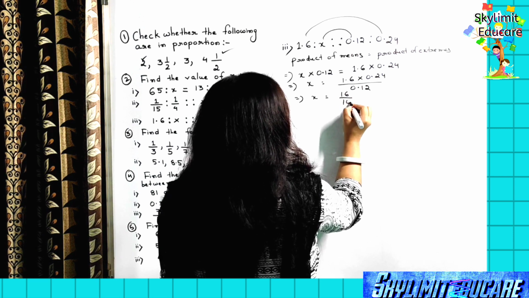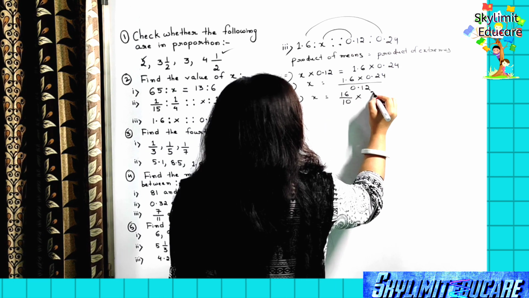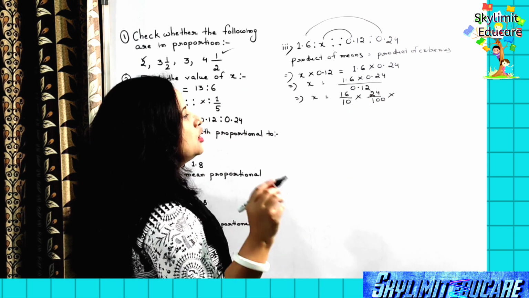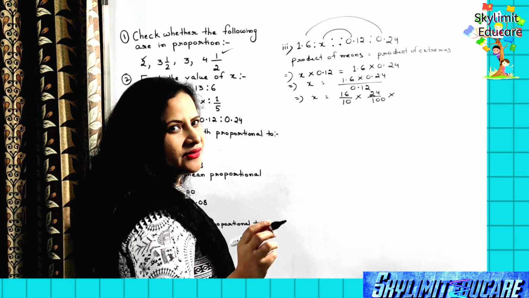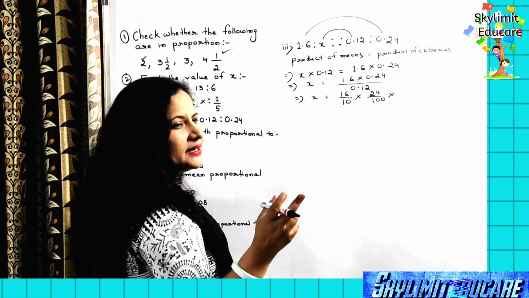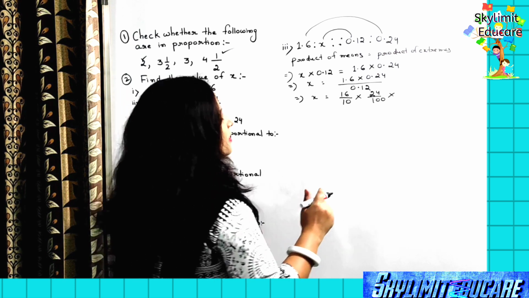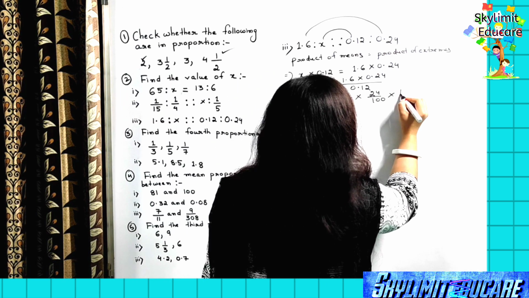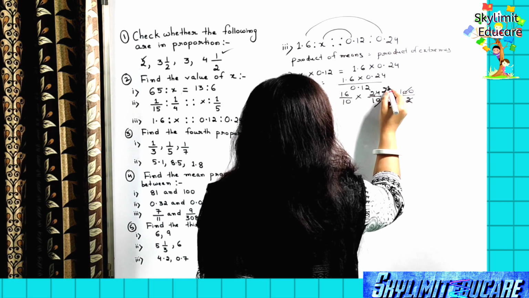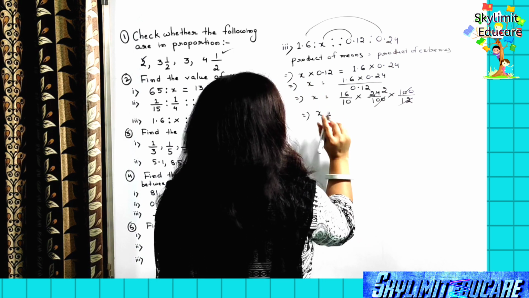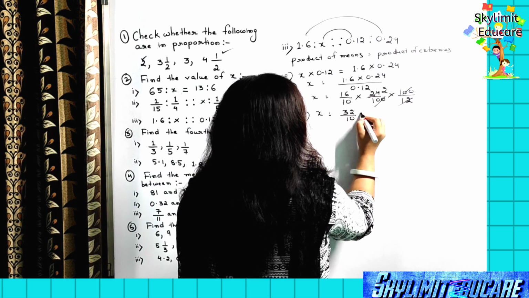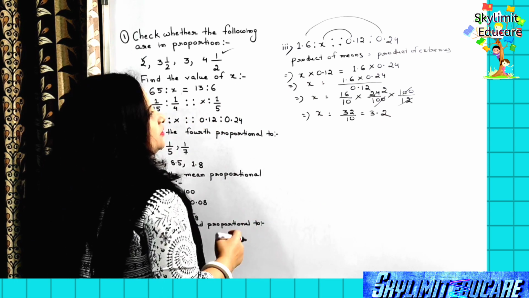1.6 can be written as 16 by 10, right? 0.24 can be written as 24 by 100, okay? And 0.12 is in the denominator. So 0.12 is same as 12 by 100. So when you have 12 by 100 in the denominator, when you are dividing it, you will write the multiplicative inverse of 12 by 100. So that becomes what? 12 by 100 becomes 100 by 12. Since this was divided, right? 100 cancels out, 12 2s are 24. Okay, so we got here x is equal to, don't cancel it now because it will not be completely cancelled. 16 2s are 32 by 10, that gives us, reconverted back to decimal, 3.2.